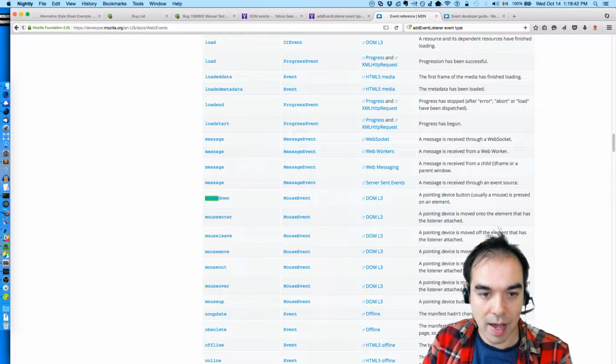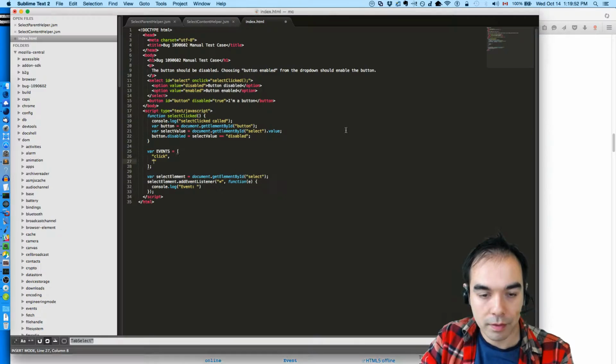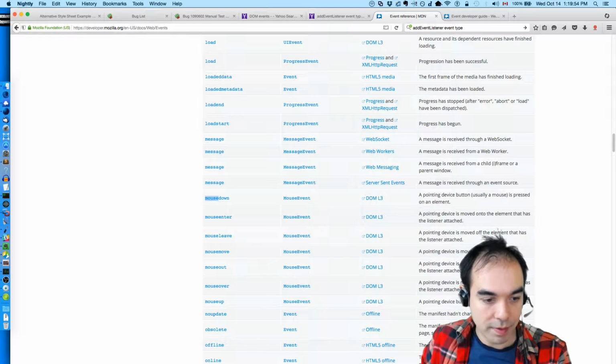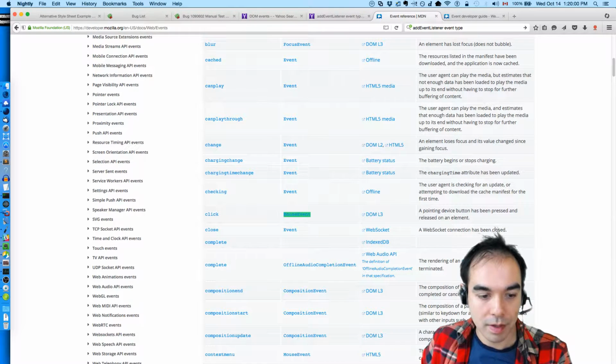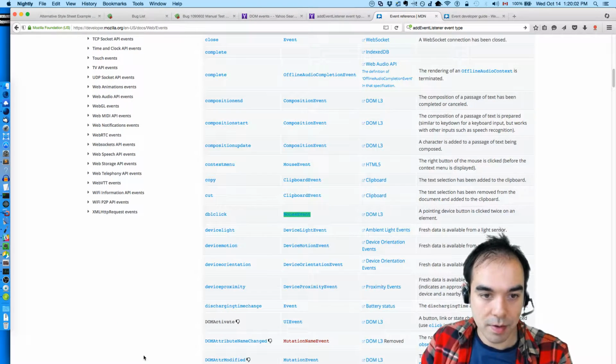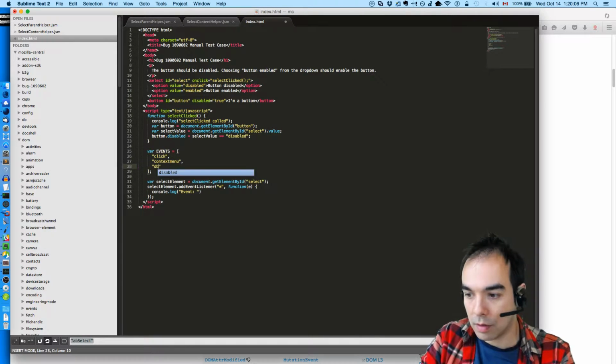So all these: down, enter, leave, move, out, over, up, all of them. So let's do all of those. So click. What else do we see? Mouse event. This should be enough information. Click, context menu, double click.